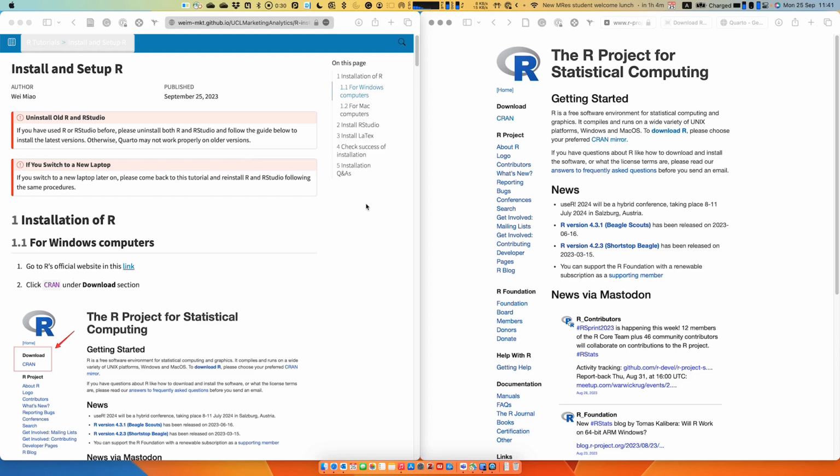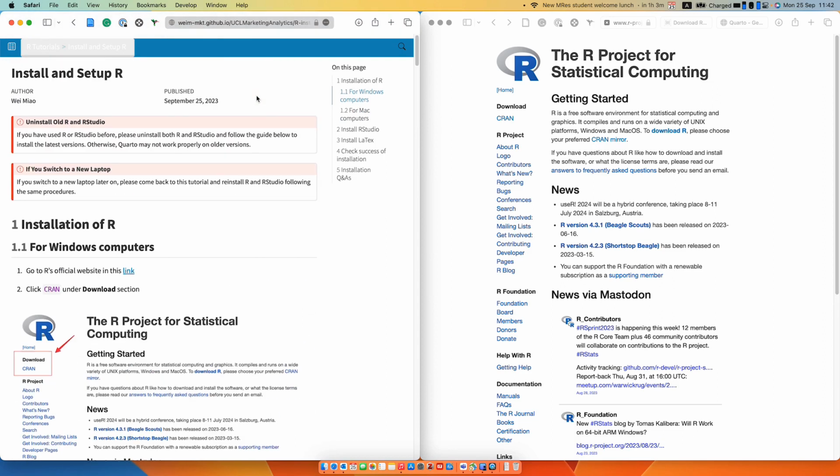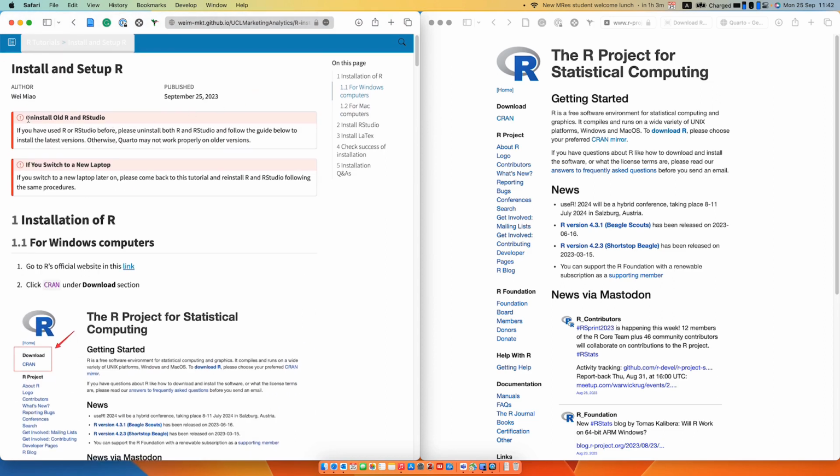Depending on the laptops you use, here I have two separate sections. If you are using Windows laptops, then please go to section 1.1. Otherwise, please go to 1.2 if you are using a Mac computer. Because I'm using a Mac computer and Mac installation involves more steps, in this guide I will just go with the Mac computers. And by the way, if you have an older version of R or RStudio, please uninstall